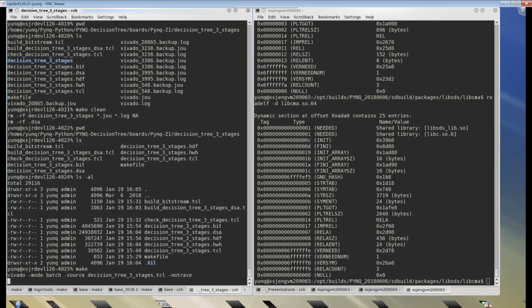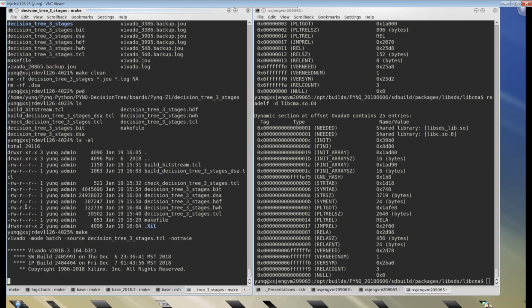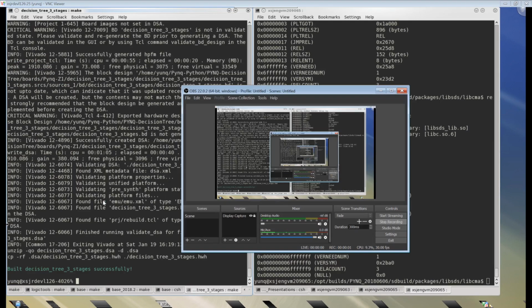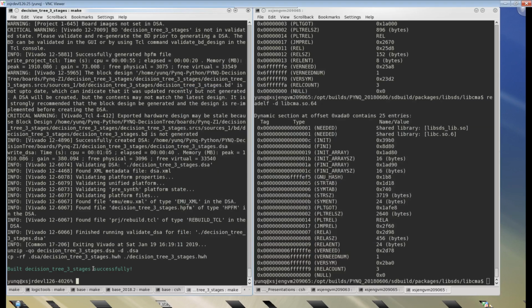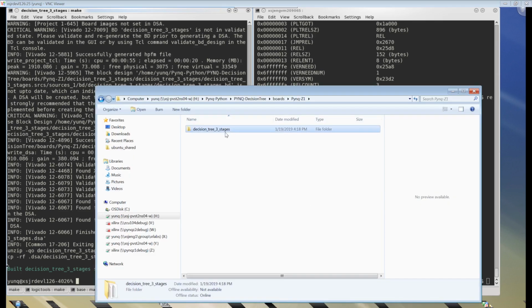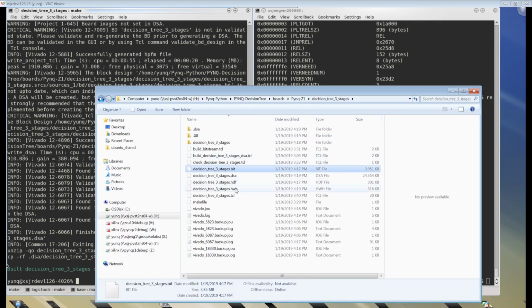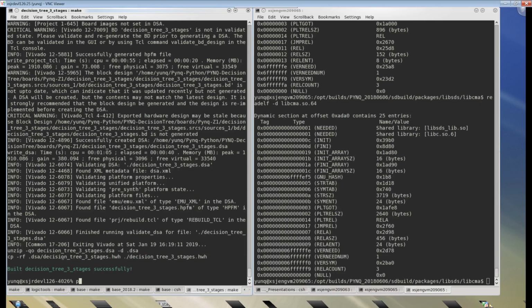I will just run make and let's wait until it finishes. I'm back. So I got a message that decision tree 3 stage has been built successfully. If I go to the folder, I will probably see the new bit, HWH, HDF, DSA files, those 4 files. I need to copy the HWH, bit and TCL onto the board to be able to run it. But I think what I'm going to do is commit the